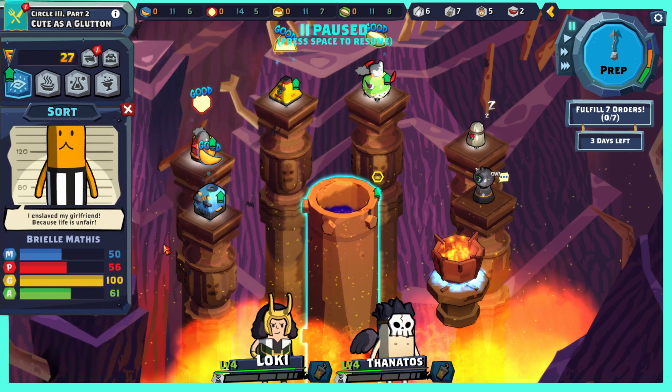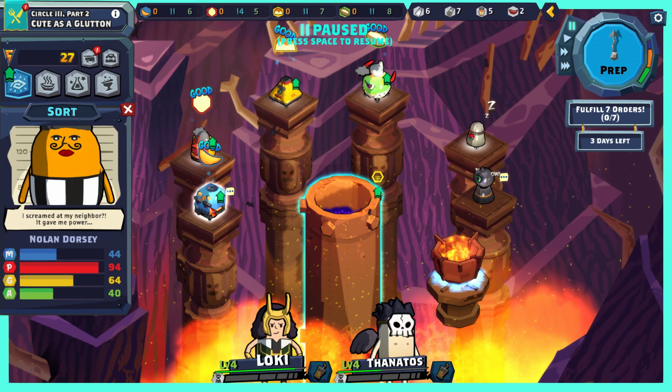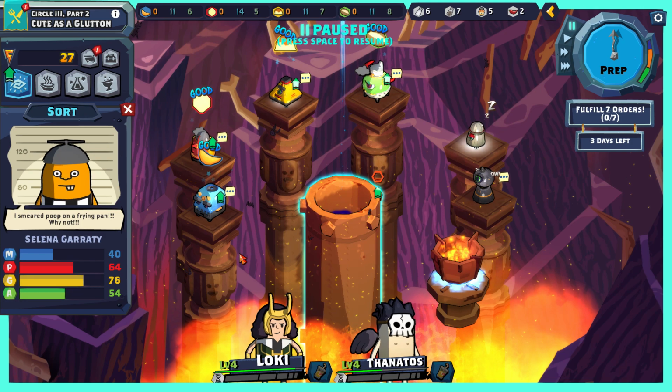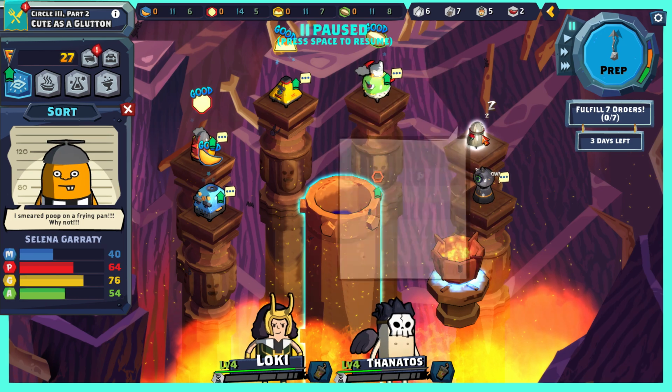So let's grab our sinners. It is between 40 and 60 still. So let's cook you. Cook you. Do a red and a yellow. And we still need... Well, we'll just have...